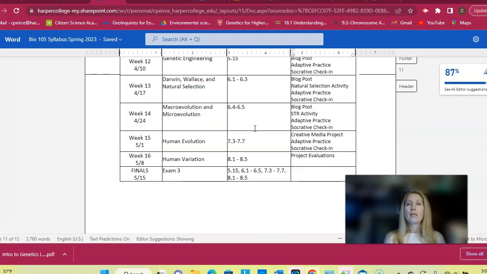We will have 3 exams. There is no comprehensive final in this class. It's just a third exam. So if you want to think of each unit of information, we have 3 units of information and 3 exams